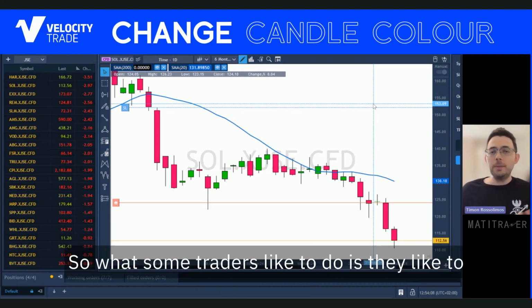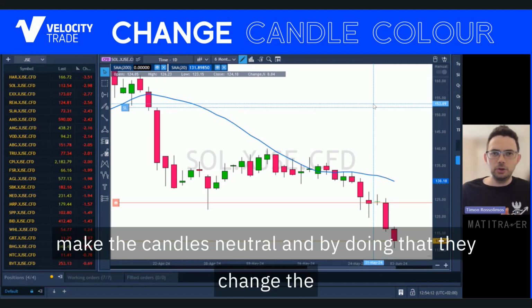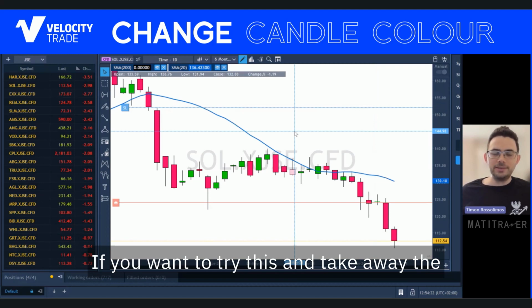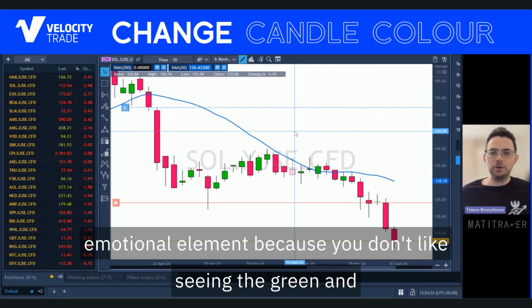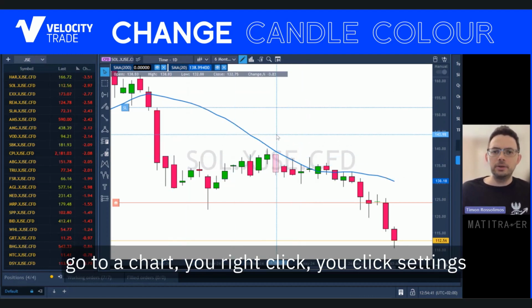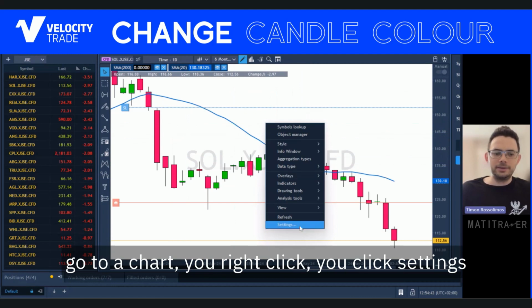So, what some traders like to do is they like to make the candles neutral. And by doing that, they change the candle colors from green and red to white and black. If you want to try this and take away the emotional element because you don't like seeing the green and red element to it, then all you do is you go to a chart, you right click, you click settings,